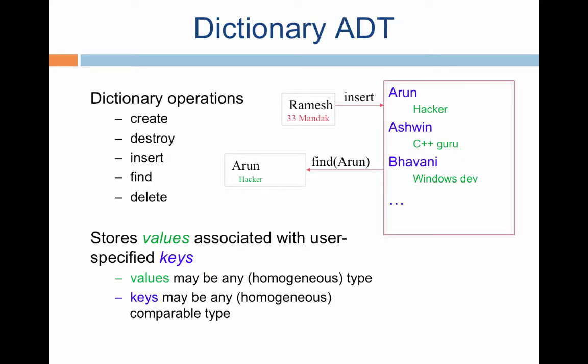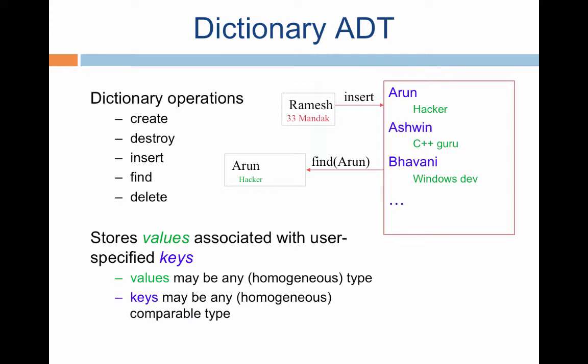Now let's look at an abstract data type that we have not seen so far, which is called the dictionary abstract data type. The dictionary abstract data type is a very important abstract data type. It's extensively used almost anywhere where you want to maintain a table or a set of words and you want to repeatedly query this table. The table is the abstraction.